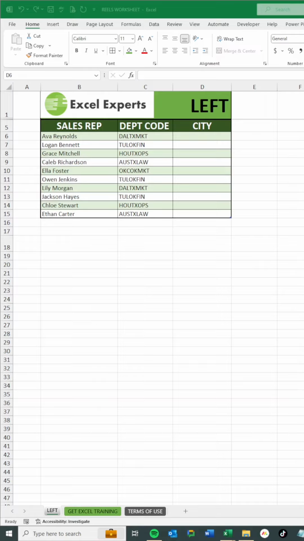left towards the right. Here in my example, I have a column of sales reps and department codes, and I want to go ahead and extract the cities from my department codes. And I notice here that all my cities are abbreviated by the first three letters going from left to right. So I'm going to go ahead and use the LEFT function to extract all the city abbreviations on the left